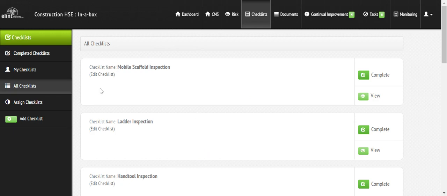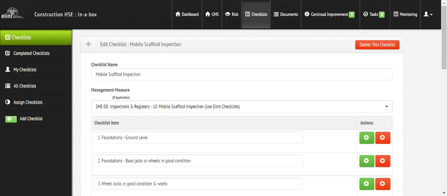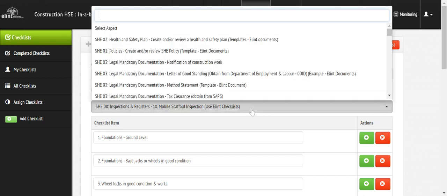will be able to see the edit functionality that we can see underneath the name. If the user is not an administrator, he will not be able to see that. To edit the checklist, we click on Edit, and you can see it opens up. You can delete the checklist. You can add multiple